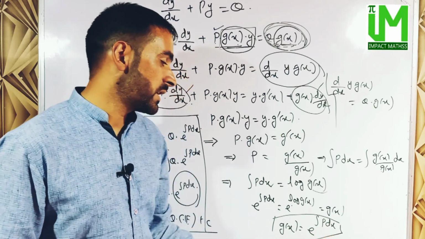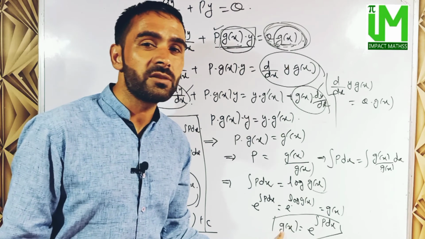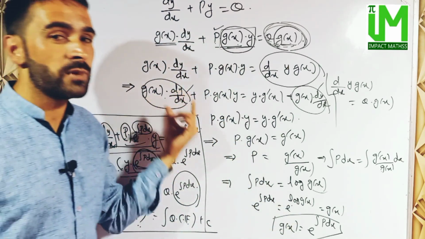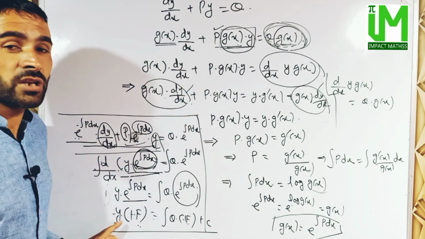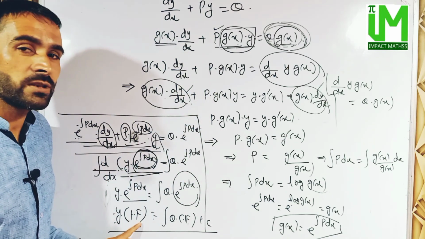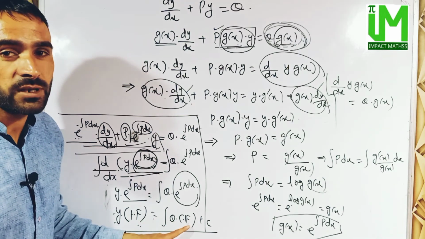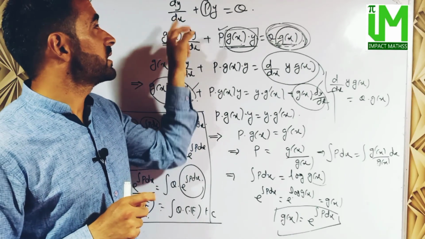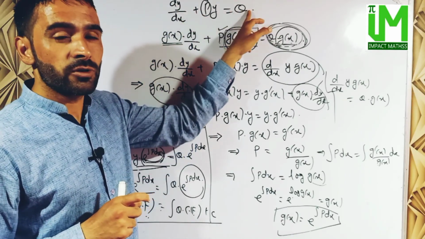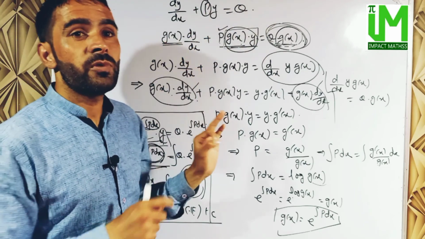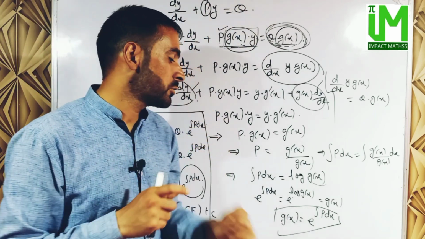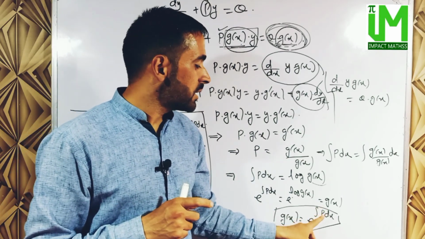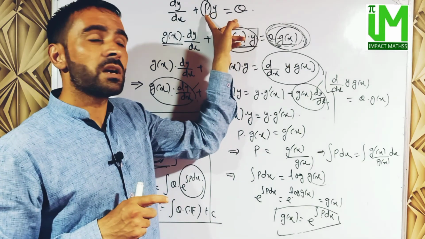dx, and this g of x which is multiplied, this is called the integrating factor। और ये इंटीग्रेटिंग फैक्टर जब हम इस पे अप्लाई करेंगे या इसमें रिप्लेस करेंगे, then we'll obtain the general solution as y into integrating factor is equal to integration of q into integrating factor plus c। so फिर से सुनिए, so if we have to find the general solution of the differential equation dy by dx plus py is equal to q, then इसको सॉल्व करने के लिए we find the integrating factor, और integrating factor होता है g of x, and g of x is equal to e to the power integration of p dx।